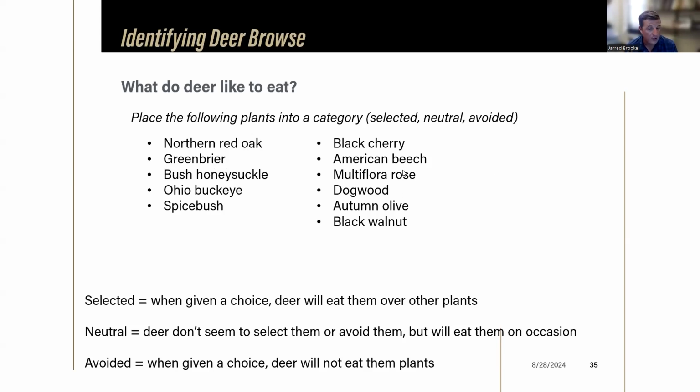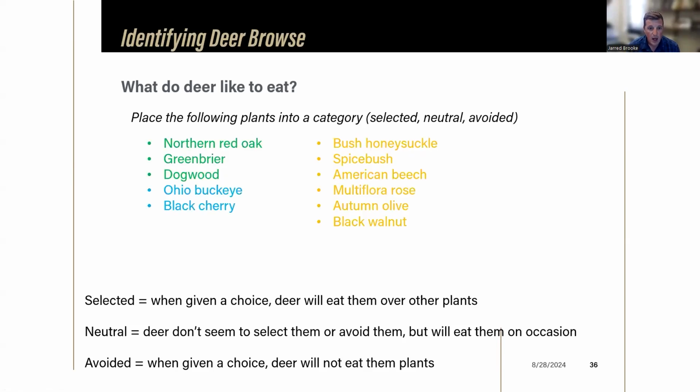Multiflora rose, honeysuckle, autumn olive, beech. Those are all really good answers. So here's how it shakes out based on our research data that we have in Indiana. Northern red oak, greenbriers, and dogwoods, very high on the list. Ohio buckeyes and black cherry are on the kind of neutral list, meaning they don't select them or avoid them. And then bush honeysuckle, spicebush, beech, multiflora rose, autumn olive, and black walnut are actually all on the avoided